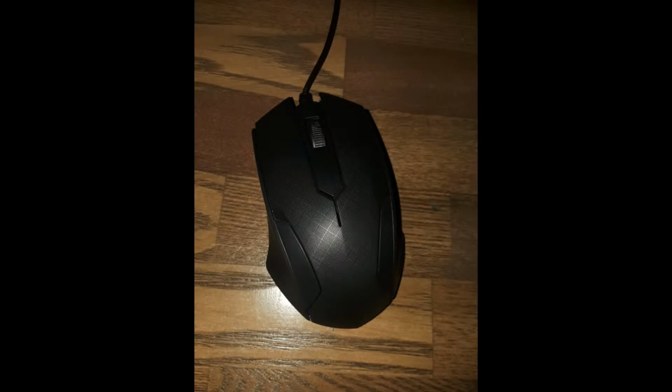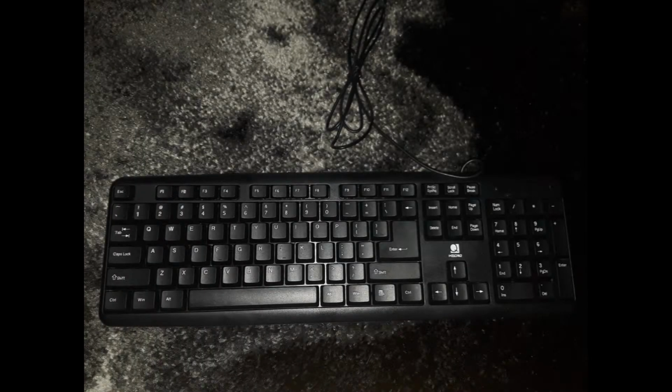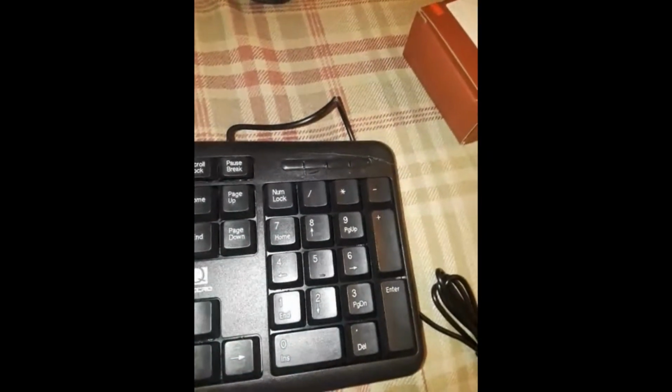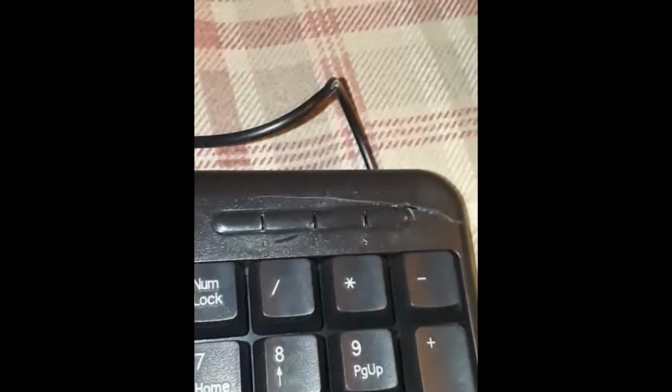Now, it comes with a regular mouse, but it's bad. I mean, at least the mouse looks cool. It also comes with a keyboard, and again, it's not that great, but they do give you a keyboard with it. Mine was cracked. Yeah, so I just pulled it out of the package and